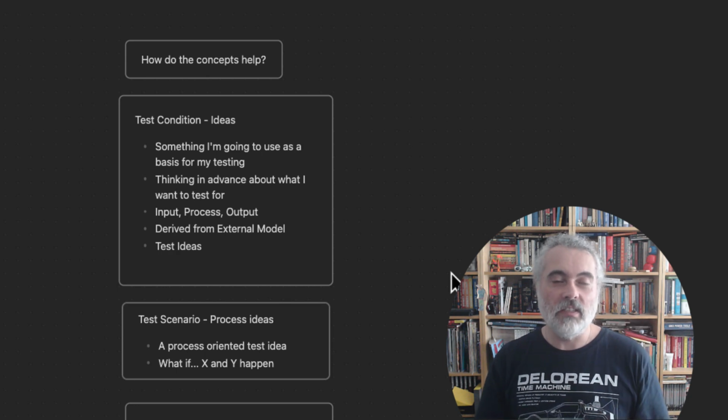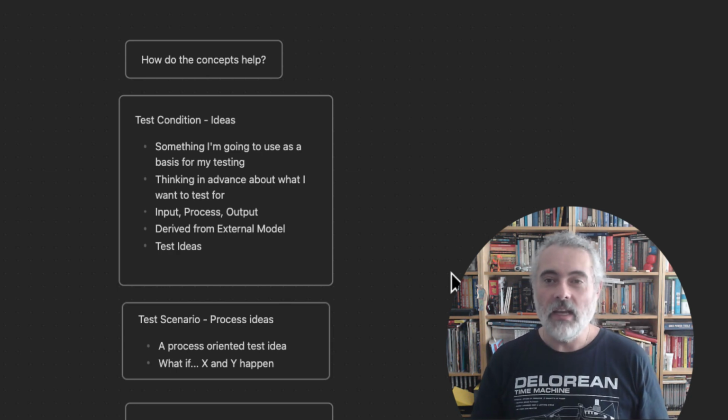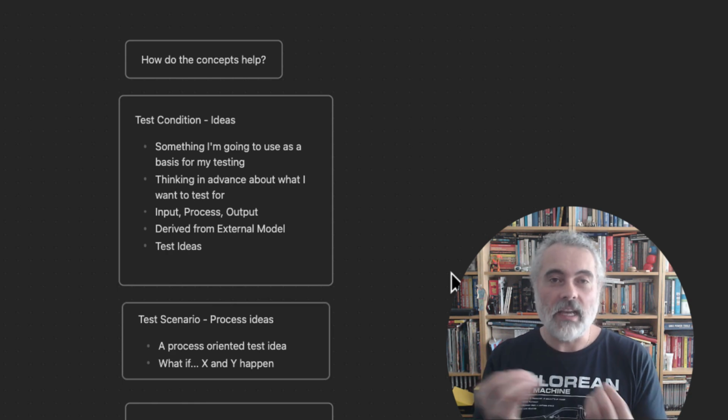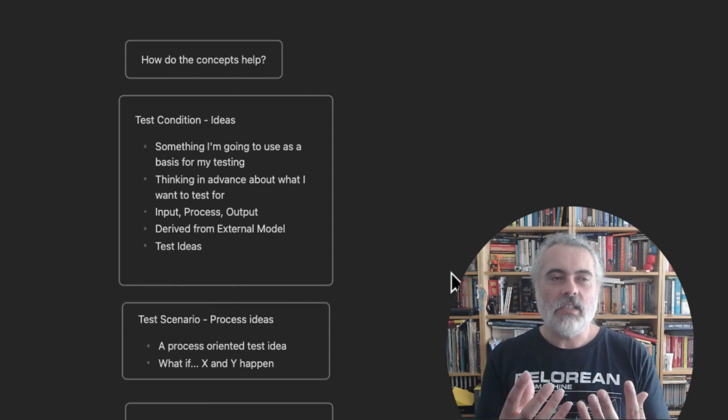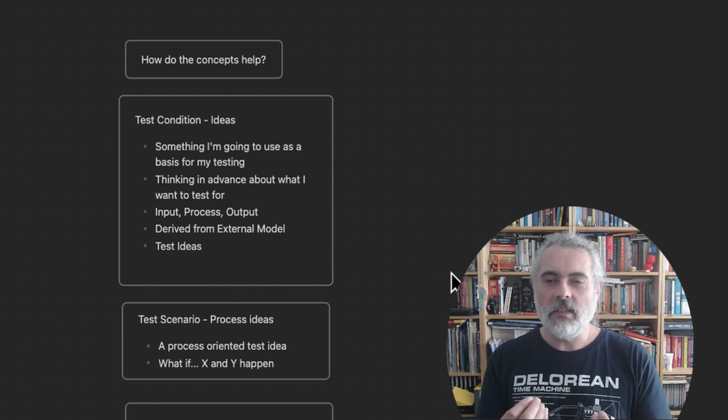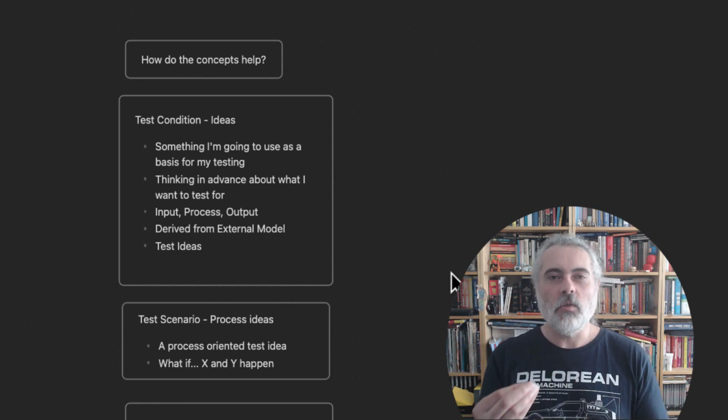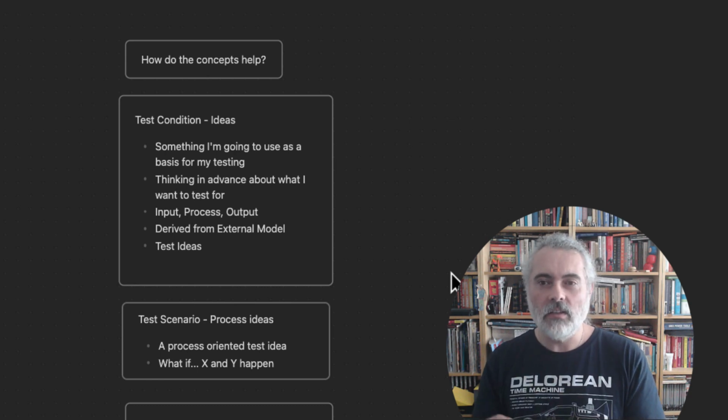I can see there's a name input. I can see there's a button. I can see over here that there's a delete button. So I now have ideas of things that I can cover. The concept of test conditions is a reminder that I can think in advance about what I want to test at a high level. I don't necessarily have to think in detail, but some of the